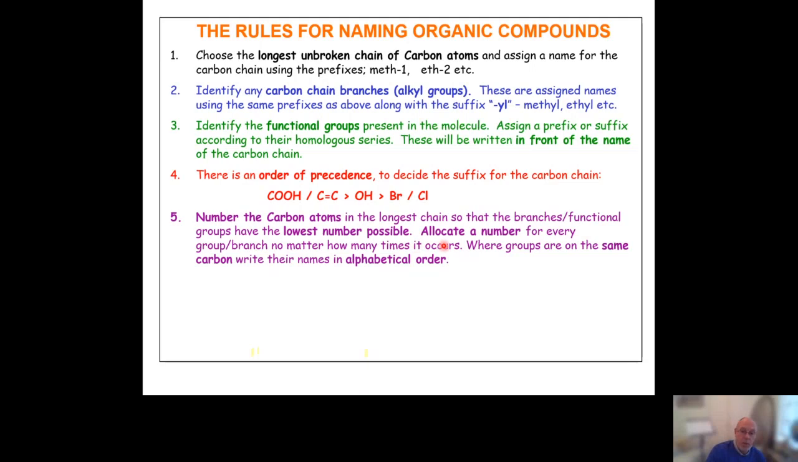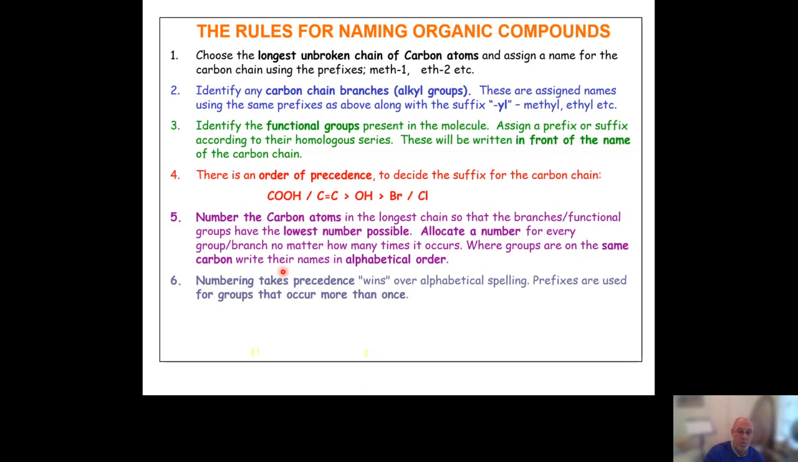So you've got to put a number onto every branch to show where it's attached, but you must start numbering the carbons in the longest chain from the edge that is closest to the branches. And we'll do that in a minute with an example. Numbering takes precedence over alphabetical spelling. You'll see where groups are on the same carbon,